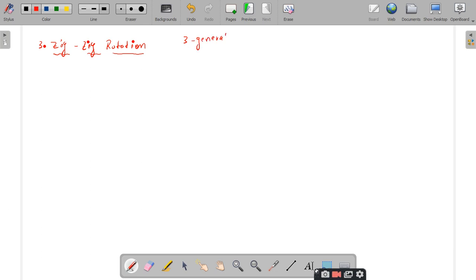That means the element which you are going to search does not have its father as the root node. So in that case it will definitely have a grandfather. So if you have the grandfather, you have to consider the three generations: grandfather, father, and child.